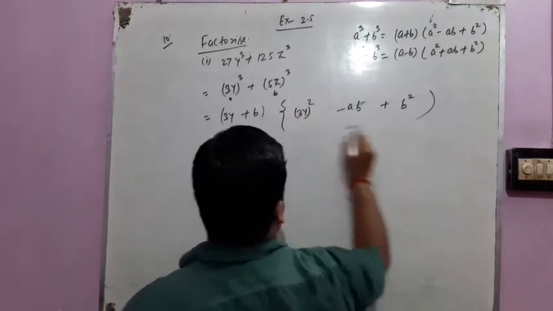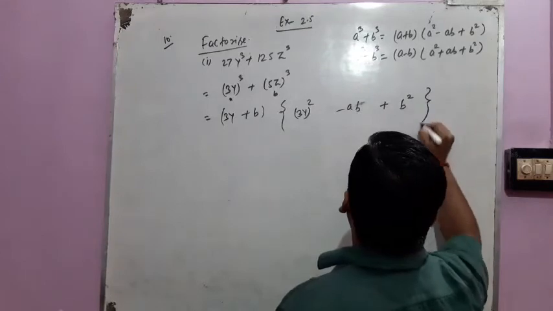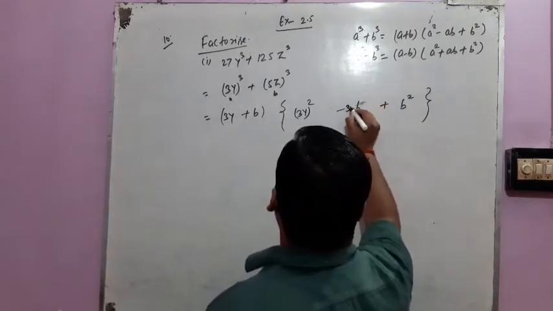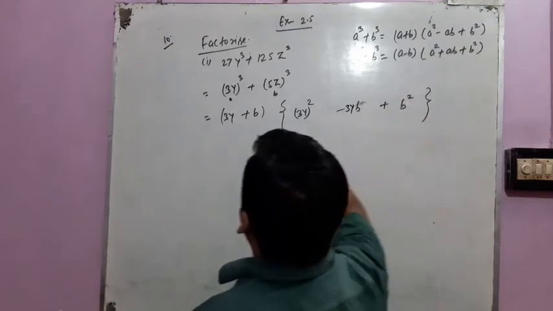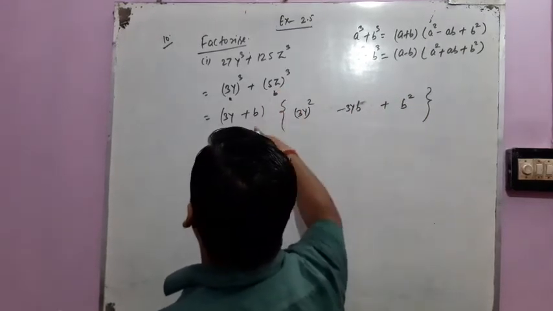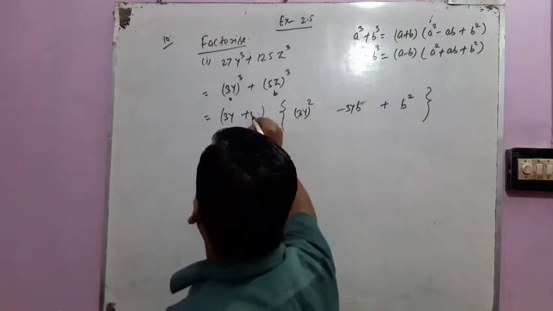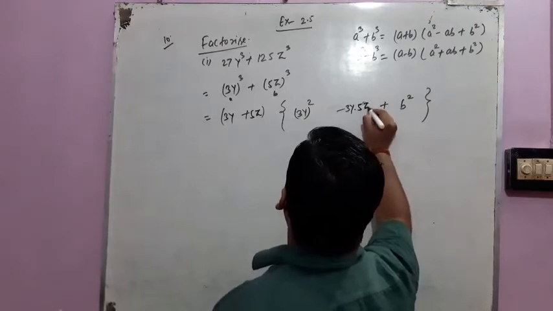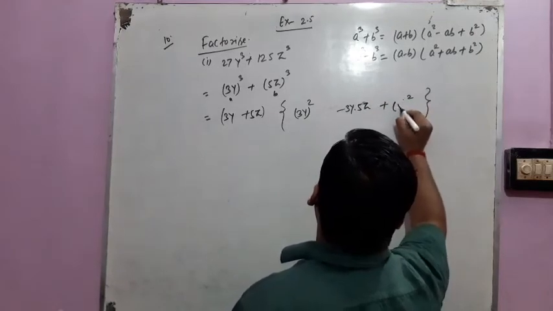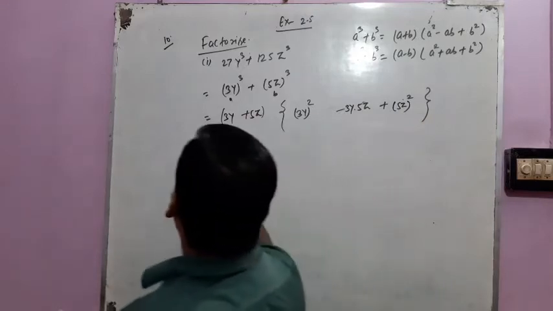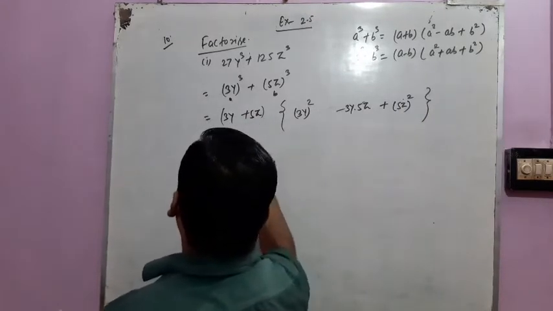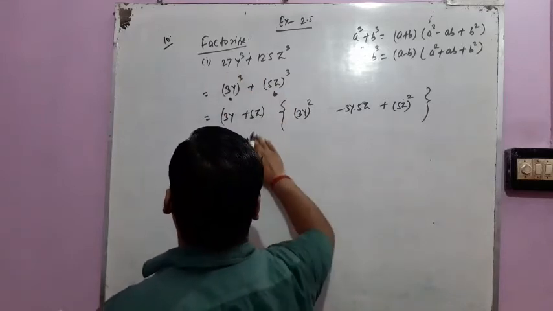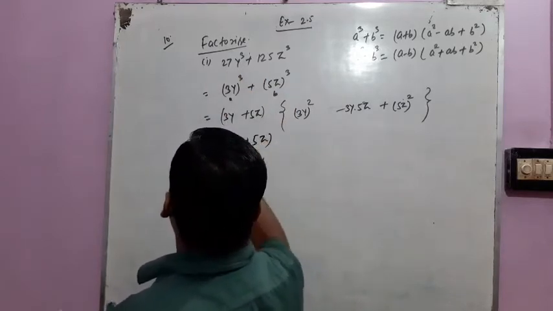Take a curly bracket. Okay, again here a, so here we have to write 3y. Now all the places of b we have to replace with 5z. So here we are replacing with 5z. Also here 5z into 5z, and here the square of 5z. Okay student, so the factorial order of 27y cube plus 125z cube is 3y plus 5z